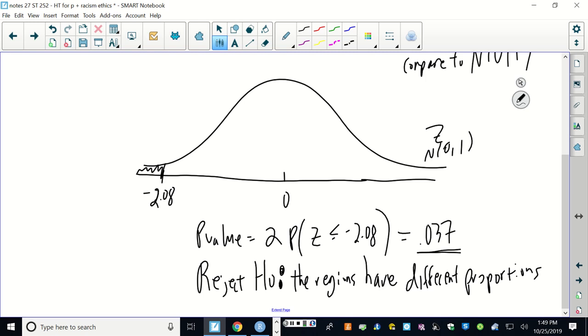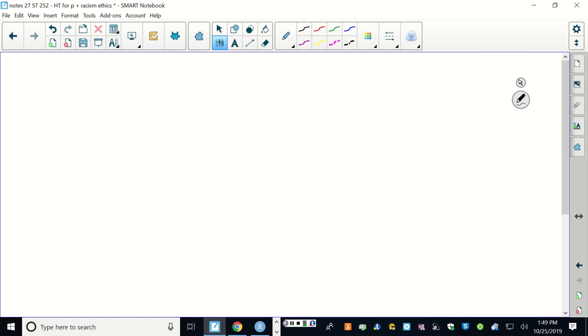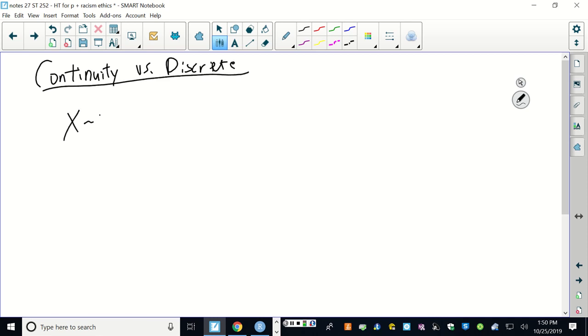So we said about using normals, right? But this is an interesting example where continuous versus discrete comes in. So when x is a binomial, with some sample size and some proportion,